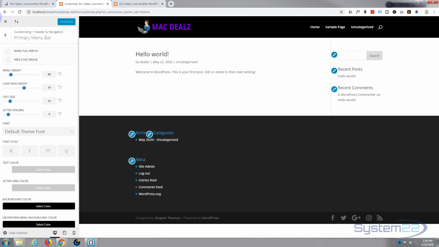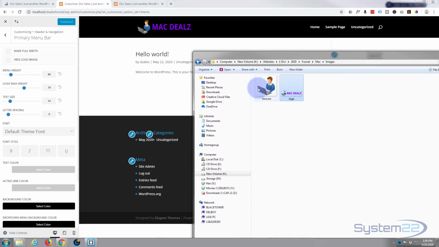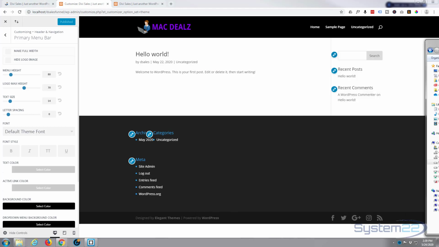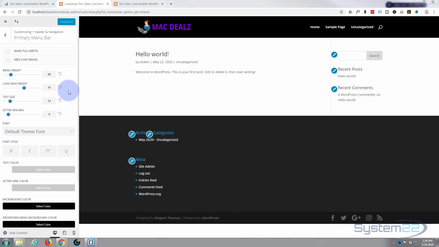Okay, while we're here, let's do our favicon, which is the little badge that appears in the browser tab up there. And mine, I've got what they call a portable network graphic, or a PNG file, so it's got no background in it. So whatever background the tab color is, you're just going to see the image with that background. But it's fine to use a JPEG if you prefer with a background color. Okay, so let's go back